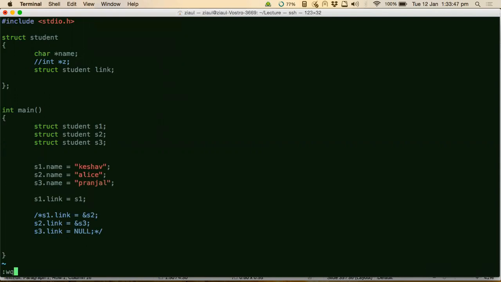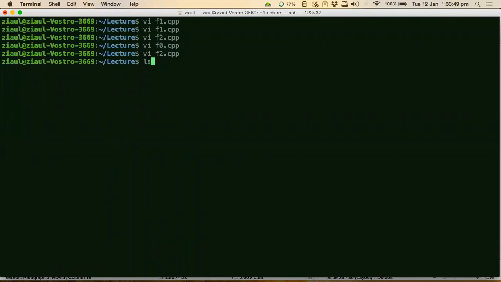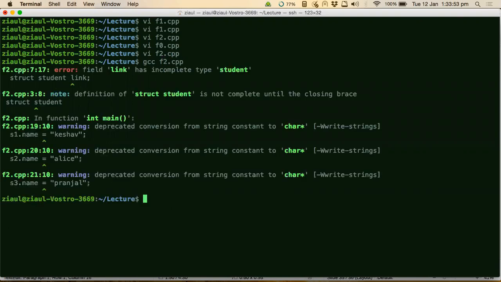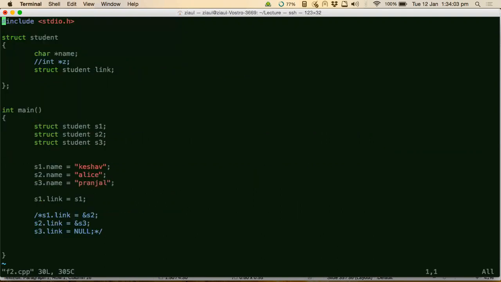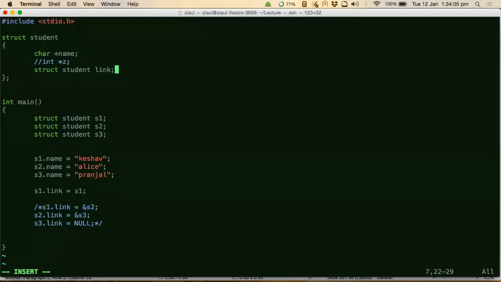I think it should not be an issue. Oh, okay, you're correct. Error: field has incomplete type student. This is a new thing that I also discovered today.